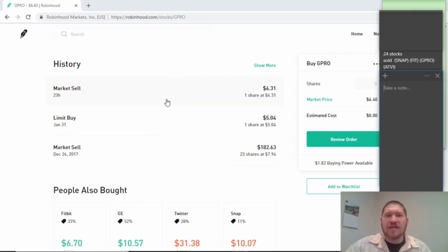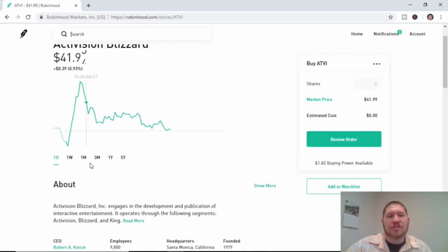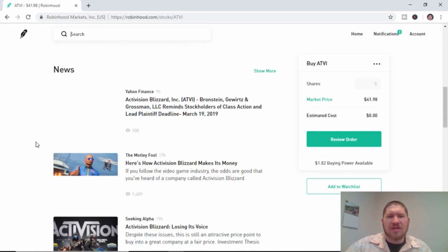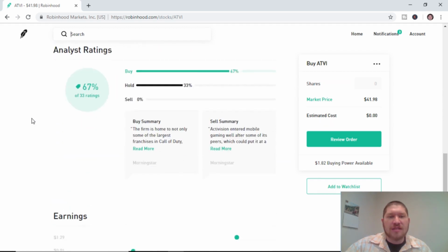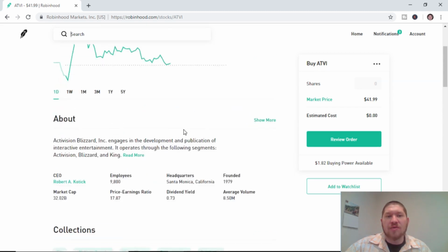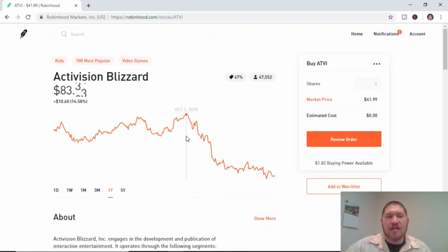Now, ATVI or Activision. I believe there's a slight hiccup right now with Activision and some of the stuff that's going on. I heard there was something in the news about maybe even a class action lawsuit against them. So I basically took a little bit of a loss. I bought it January 22nd at $47.43, and I sold it February 22nd for $41.47. So I literally took a $6 loss on this company, but I am not willing to take any more of a loss than that,